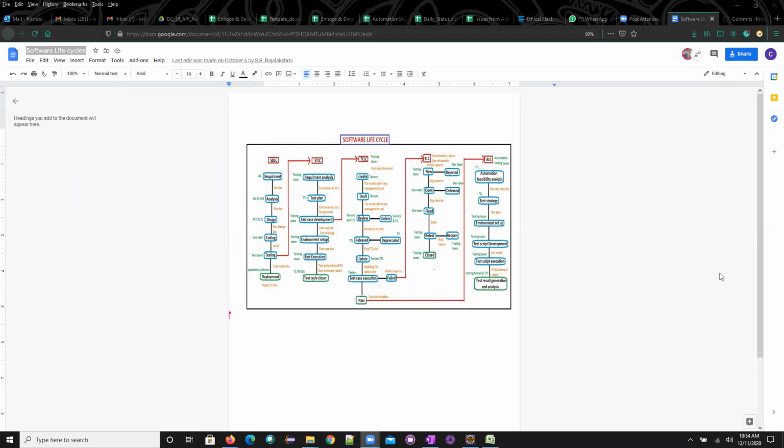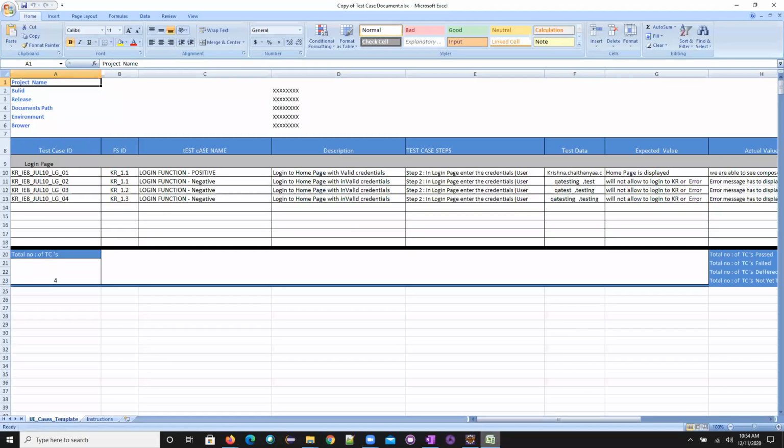So a test case is nothing but a set of actions which we are performing on a particular application or on the requirement or on the feature. So now I'll show you a sample test case, how it would be written. Guys, you need to write these things. Unless you are writing good test cases, you can't become an automation engineer. Once again, I'm saying on this one, you have to be so cautious in writing these test cases. And I'm saying it right, it's an art of writing test cases.